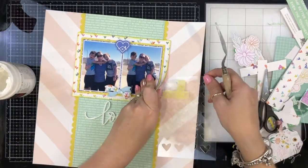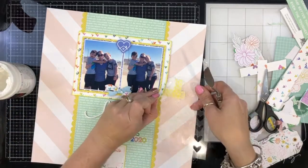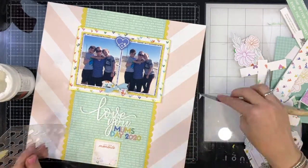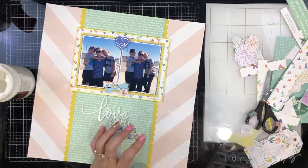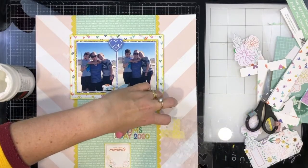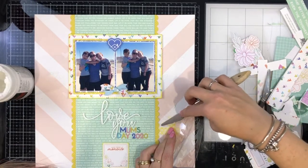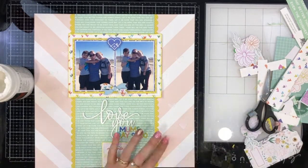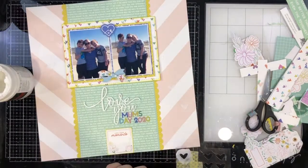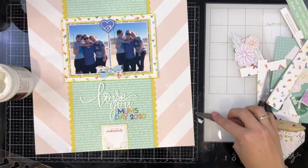I can do some stenciling just along that pink, something that's like white on white, and that should fade it out. So it doesn't completely get rid of it, but it covers it up enough that my eye is no longer drawn to it, so I am happy with that. I did those 3 hearts on the left hand side and just used my stencil as it came, and then kind of felt that it was a bit too geometric, a bit too evenly spaced,